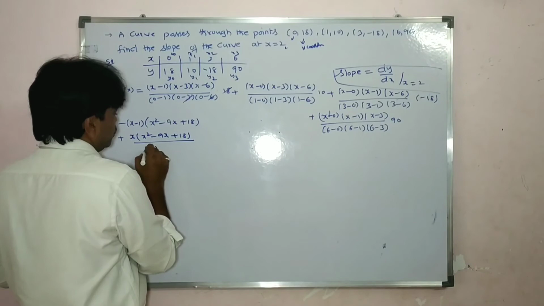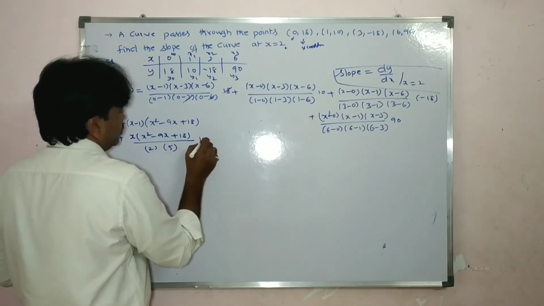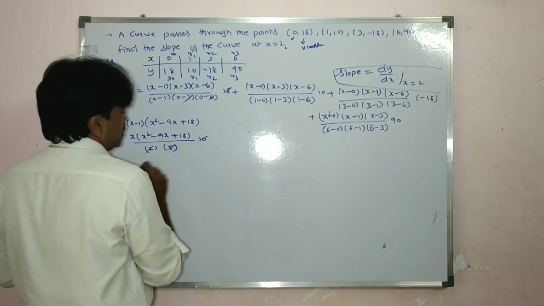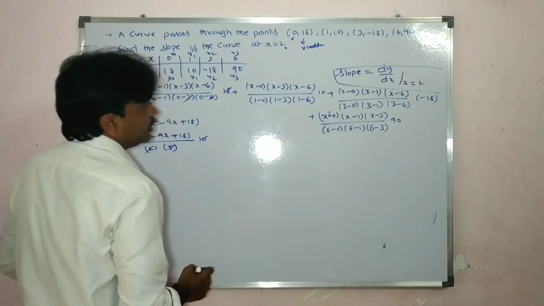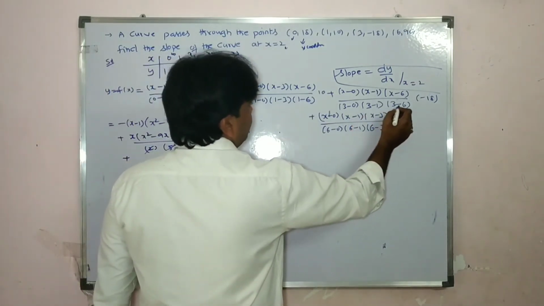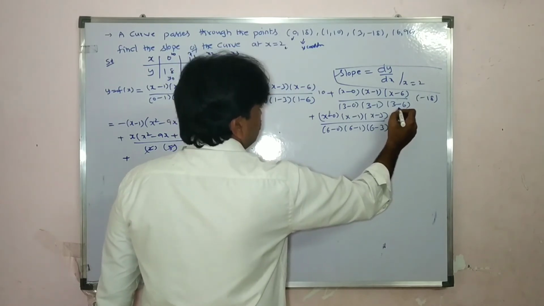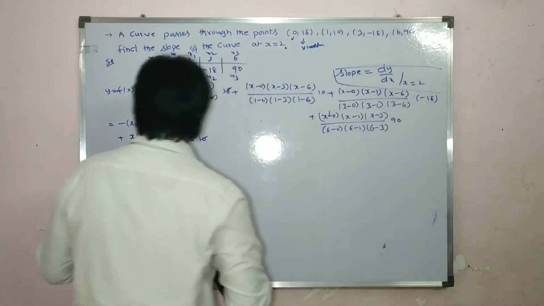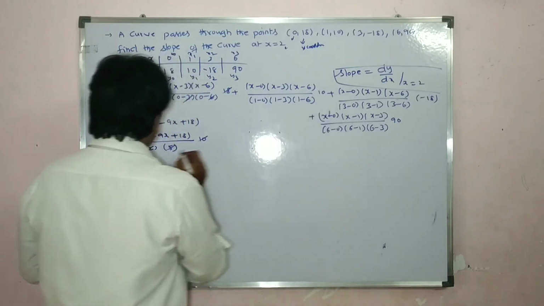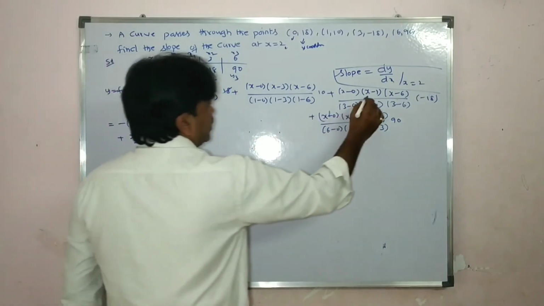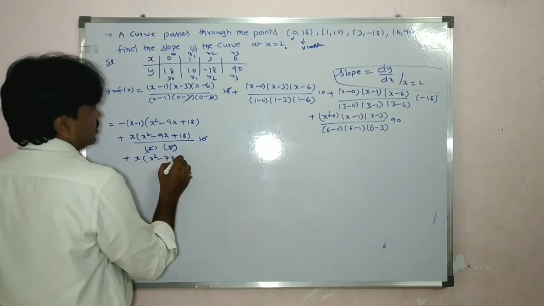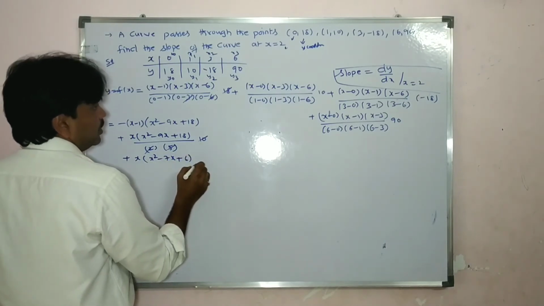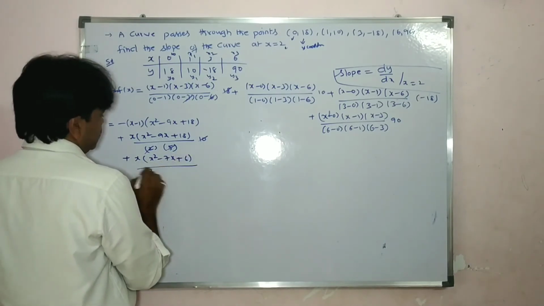here 2 into 5 into 10. 2 fives are 10, so plus, here we get minus, I think so. Minus and minus plus, so finally we get plus here. So x into, multiply (x minus 1)(x minus 6). So x square minus 7x plus 6 divided by (3 minus 0) 3,